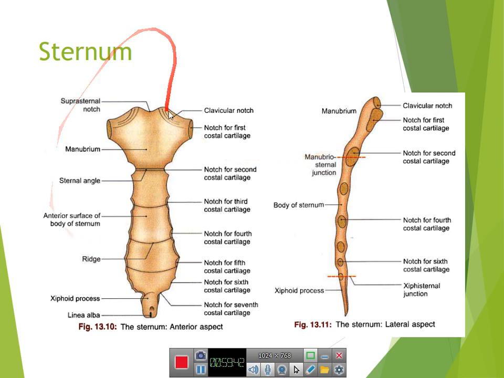The lateral border of the sternum. You can see it here in front view and lateral view. Here is the lateral border of the sternum, the left side. The lateral border forms a primary cartilaginous joint with the first costal cartilage,